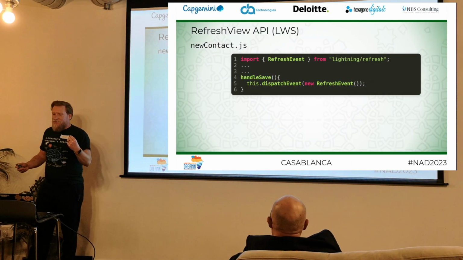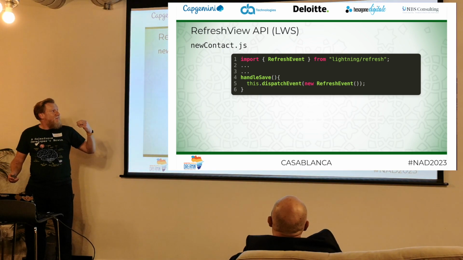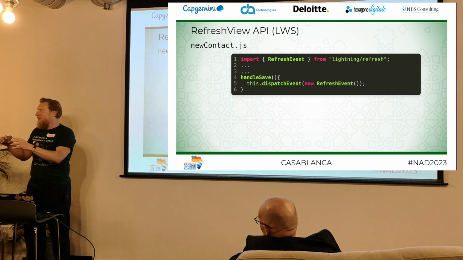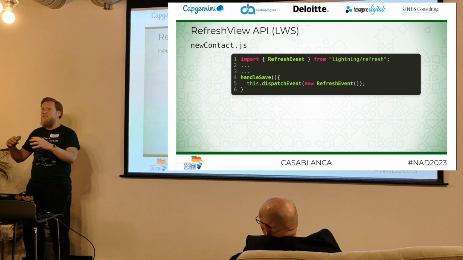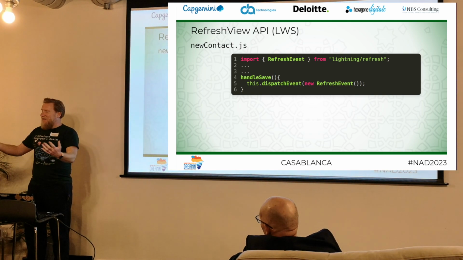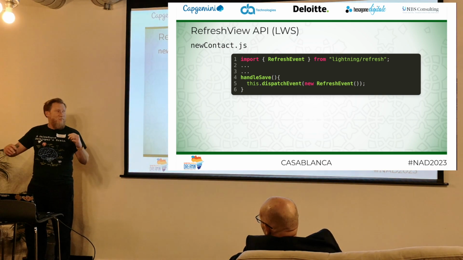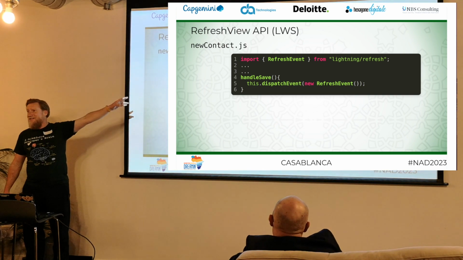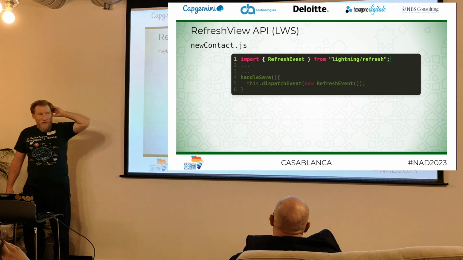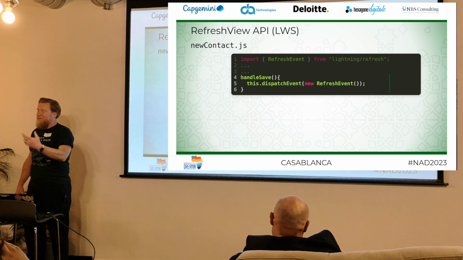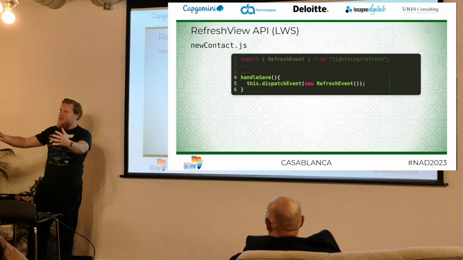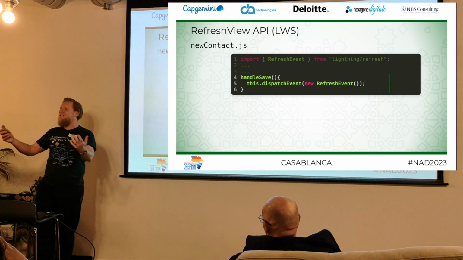What we can do now with the RefreshView API is, when our component makes changes to data, my add contact component, for example, can say, right, I've now saved something to the database. I now want to tell anyone that might be listening that there might be new data for them. This is done really simply. I'm importing refresh event from a module, and then I've got a function called handle save. Once I've saved, I'm going to dispatch this event out to the world, and anything that's listening can